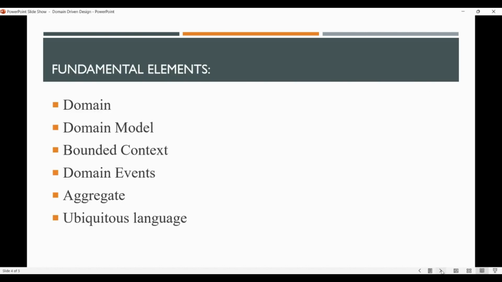So, what are the key elements of DDD? The fundamental elements of DDD include first, the domain itself, which is the area of expertise or business that the software is intended to support. Next, we have domain model. For every domain, you need a model as well. So, it is a representation of the problem domain, created by analyzing and modeling the key concepts and relationships within